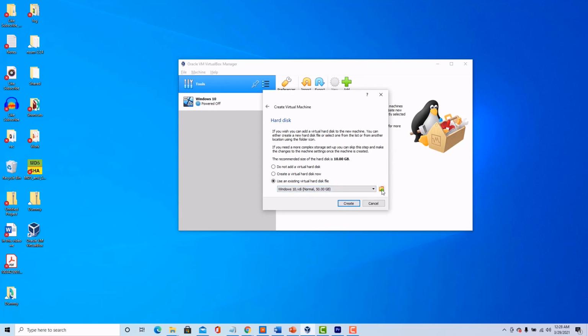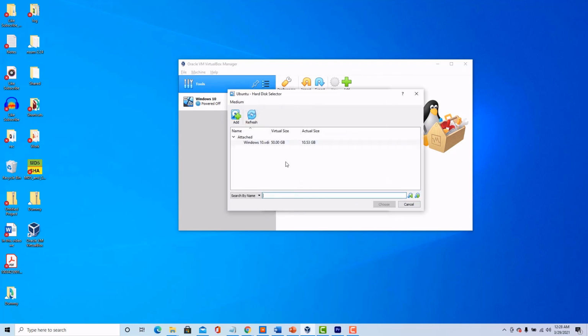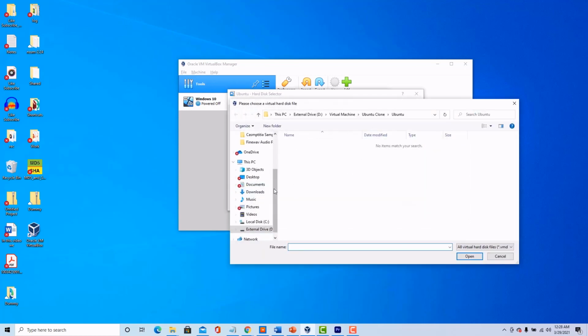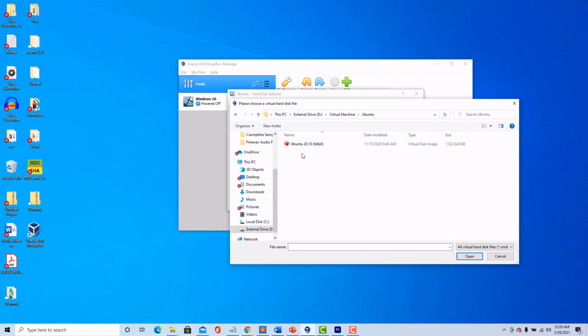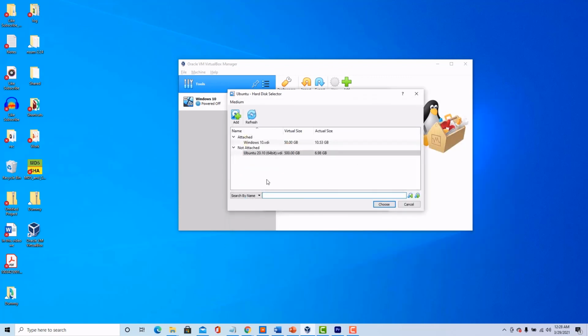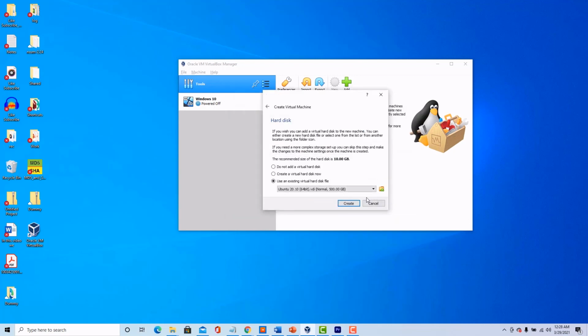However, it's the first time for Ubuntu, so I'm going to click on this folder, click on add the disk image. Click on this plus icon and locate the virtual machine drive under Ubuntu. It's a clone image, or disk image, you can say. Click open, use,